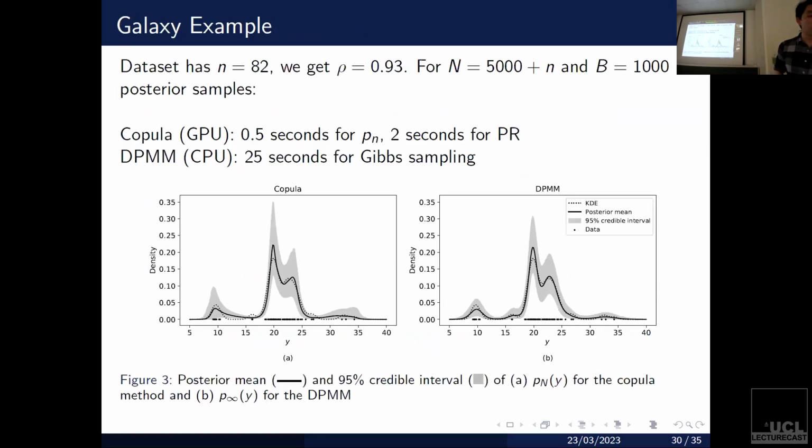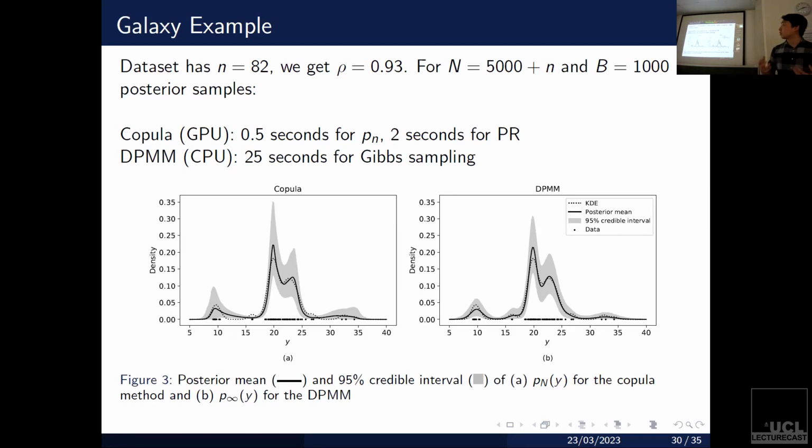Okay, so to end the talk, I'm going to go through a pretty classic example. We're going to look at a density estimation example using the very widely used galaxy data set. It's a little bit old-fashioned. Suppose we've seen 82 data points, which are just samples from an unknown density. The traditional way to analyze this is to use a Bayesian nonparametric model, such as the Dirichlet process mixture. It's a pretty complicated nonparametric model, and then you can get posterior samples of the entire density. So your parameter now is a curve, the density. And you can compute the point estimate of this density as well as credible intervals. So in the figure on the left here, we have the posterior mean as well as the posterior 95% credible intervals using the copula method.